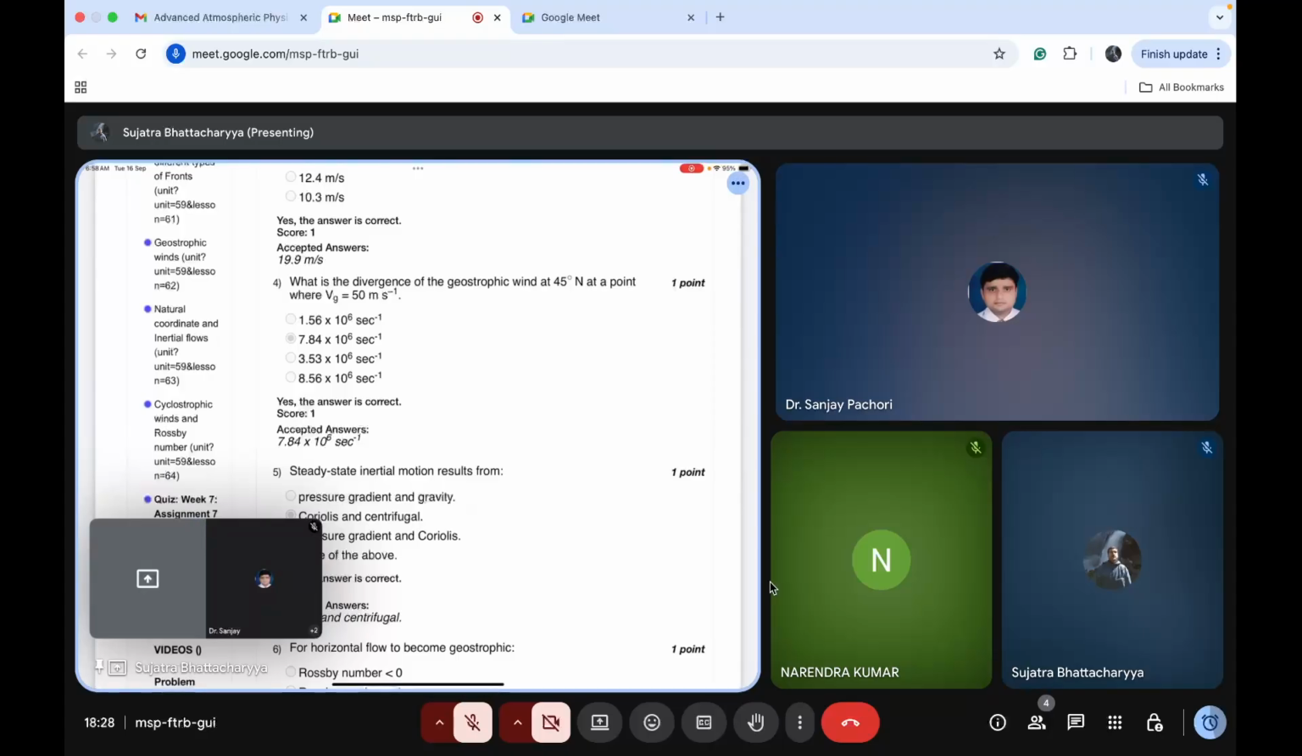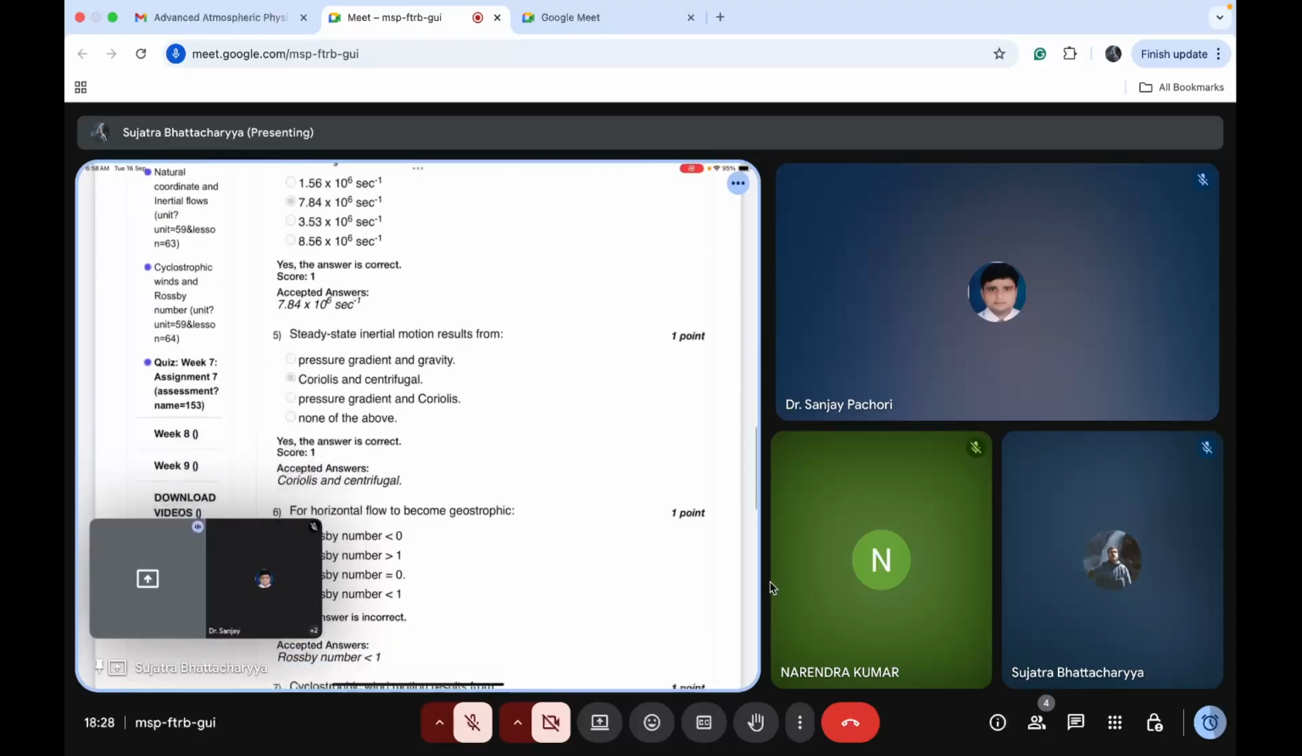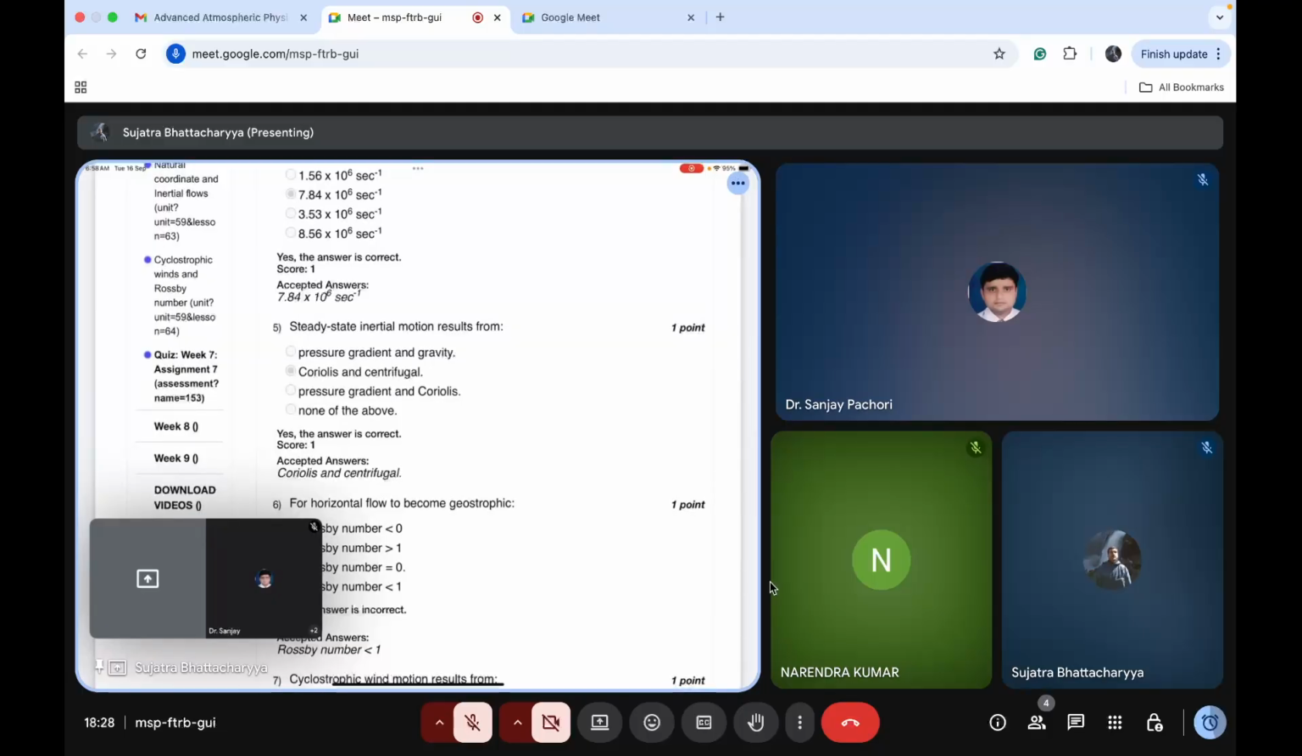Okay. Next is the fifth question, that is steady state inertial motion. This is a